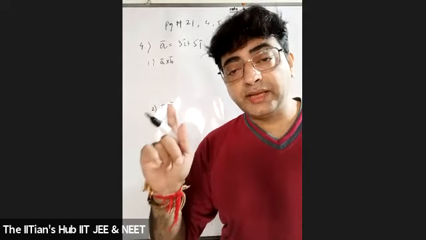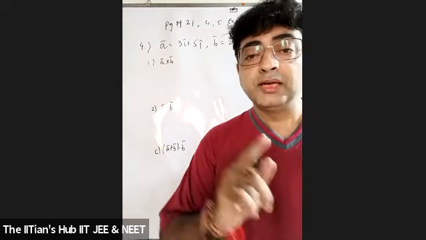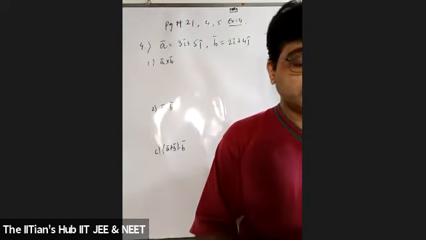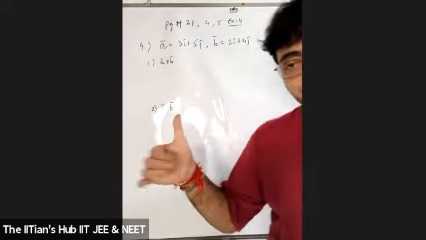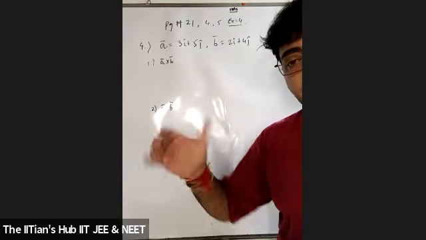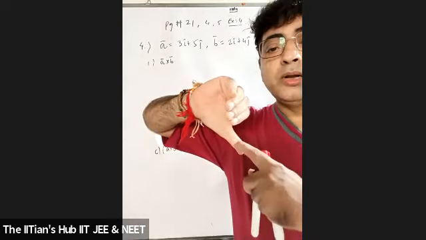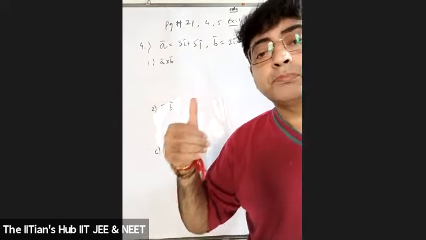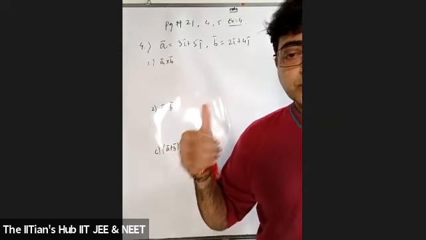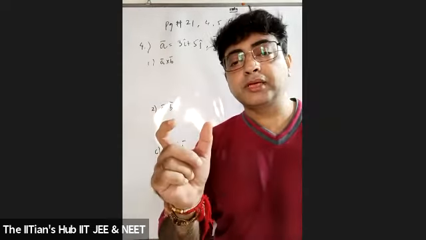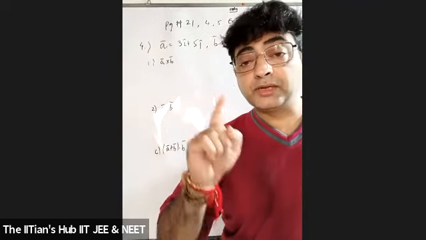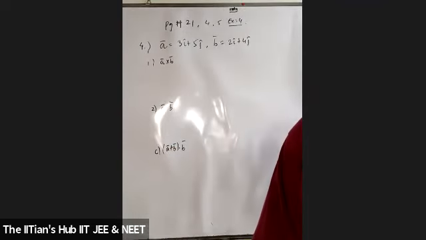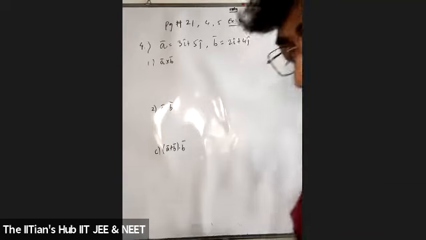A cross B, students, will not be equal to B cross A because of the direction of the resultant. Look at my thumb: the directions of A cross B and B cross A will be opposite, perpendicular to the plane of rotation. So when you go for A cross B and B cross A, we consider the direction gets reversed. Therefore, they do not obey the commutative property, but they obey the distributive property. So over here, you need to get the answer for C, (A bar plus B bar) dot B bar. And the last question is,